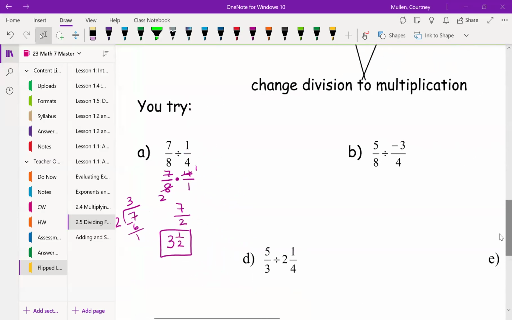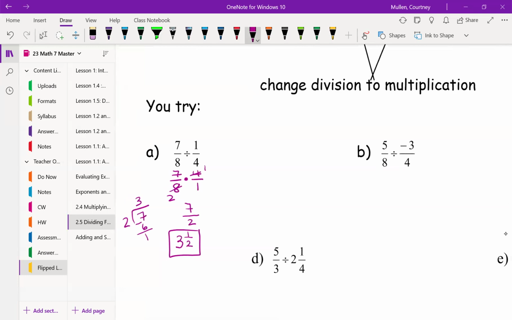Let's try a few more. Let's take a look at B. 5/8 divided by -3/4. So we have 5/8, division changes to multiplication, and we're going to do the reciprocal of the second fraction. Again, we see that we can simplify. Five times 1 is 5. 2 times -3 is -6. And so our simplified version is